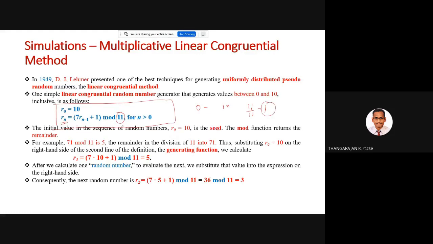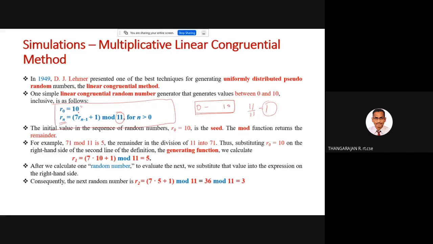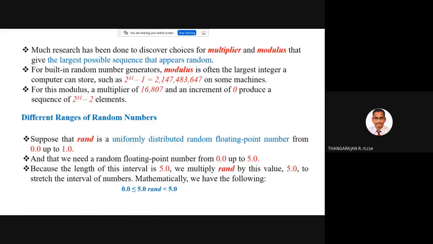So when you use modulus 11, we can generate random numbers from 0 to 10. The first value is called the seed value. This method is called the linear congruential method, and if you use the same seed value, you will get the same sequence of numbers. The sequence of random numbers depends only on the seed value. The same sequence will reoccur again and again, but for a given seed the sequence looks more or less random. I think with this I need not spend much time here.